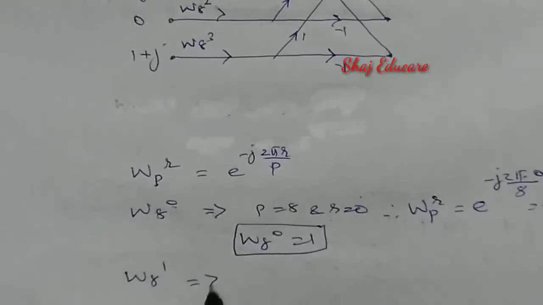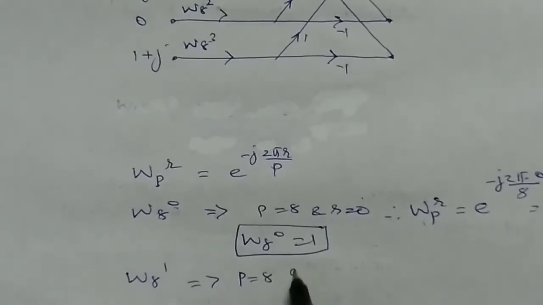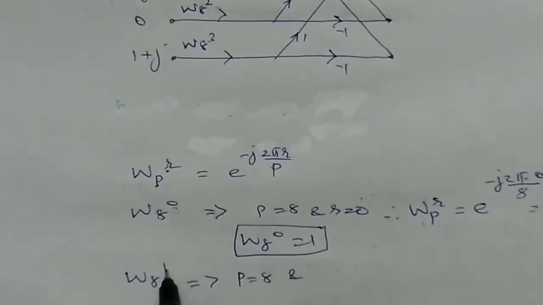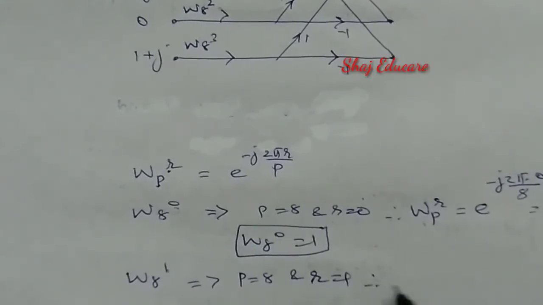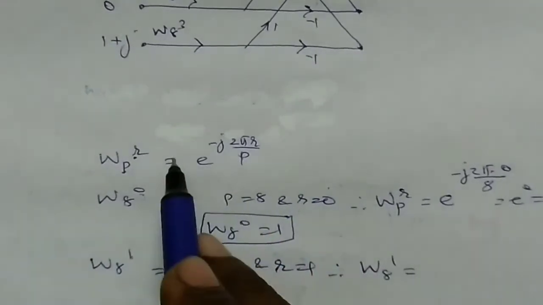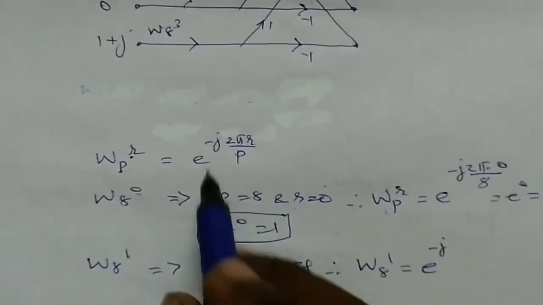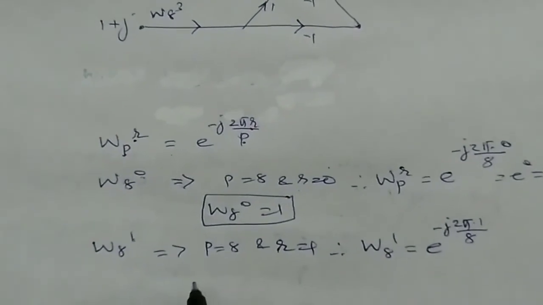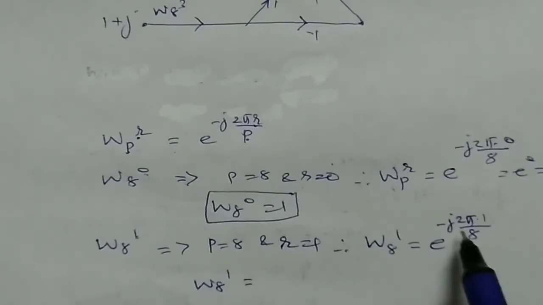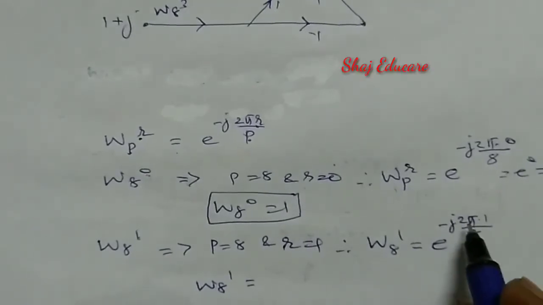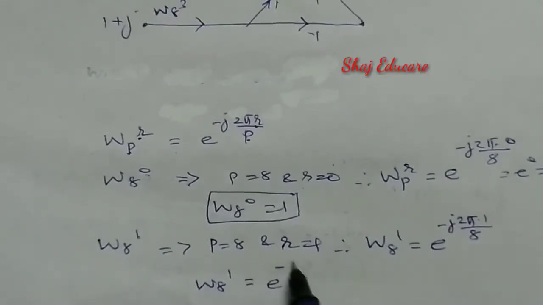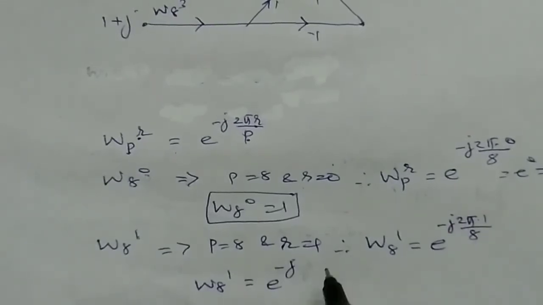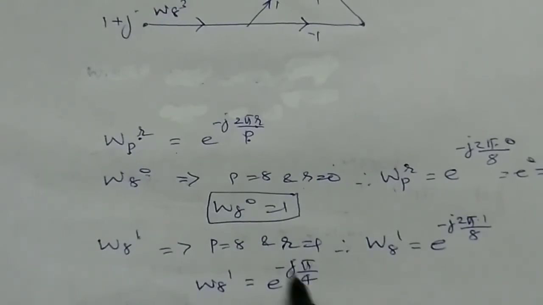Now W8 raised to 1. In this case, P is equal to 8. And what about R? R is equal to 1. Therefore, W8 raised to 1, putting in this equation, we are getting e raised to minus j 2 pi into R. R is equal to 1 divided by, what about P? P is equal to 8 here. So W8 raised to 1 is equal to, here we have e raised to minus j 2 and 8 can be reduced,